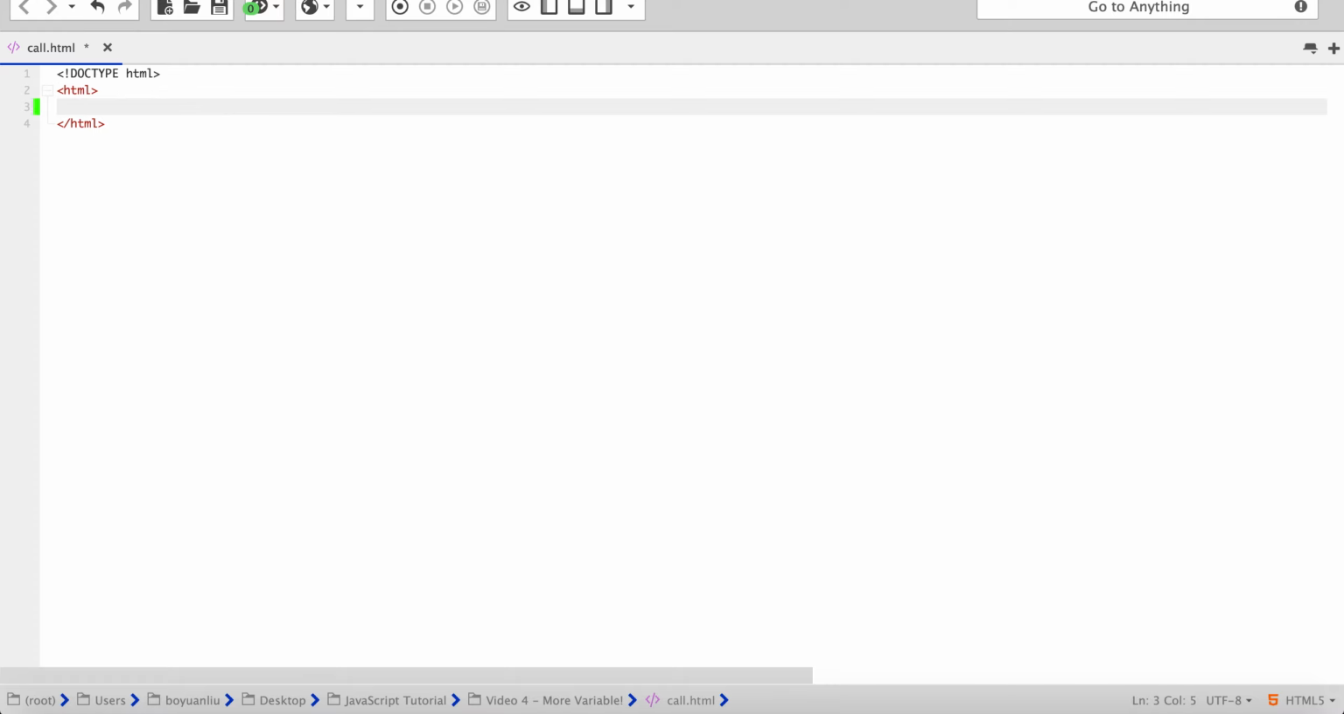Alright. But it still has certain rules to follow. For example, the first character must be a letter or an underscore. The name can only include letters, numbers, or underscores. The name is case sensitive. Right, what that means is you cannot expect